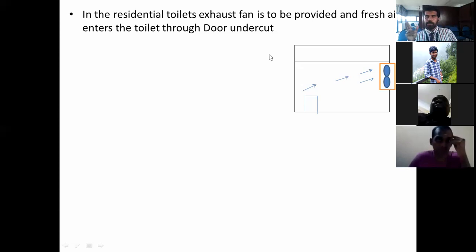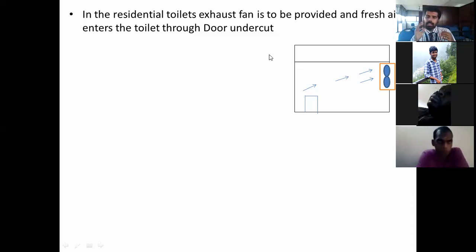Now you have to keep this in mind. Okay, there are two types of ventilation. One, you can just give directly an exhaust fan to your toilet. That is a non-ducted system. We are not using any duct because mainly this toilet will be on the sides. So you can give an exhaust fan directly, and that exhaust air will be exhausted outwards.